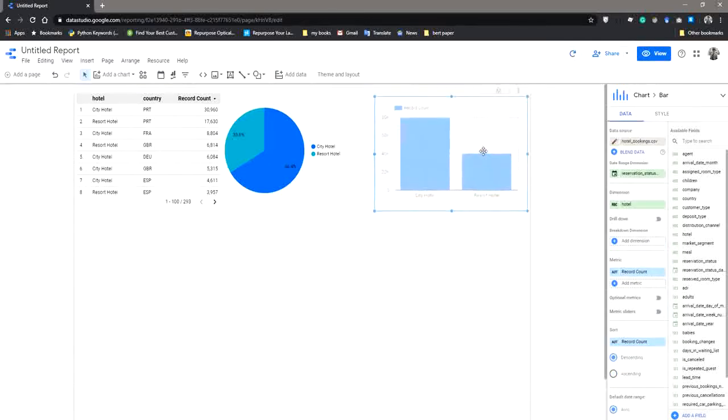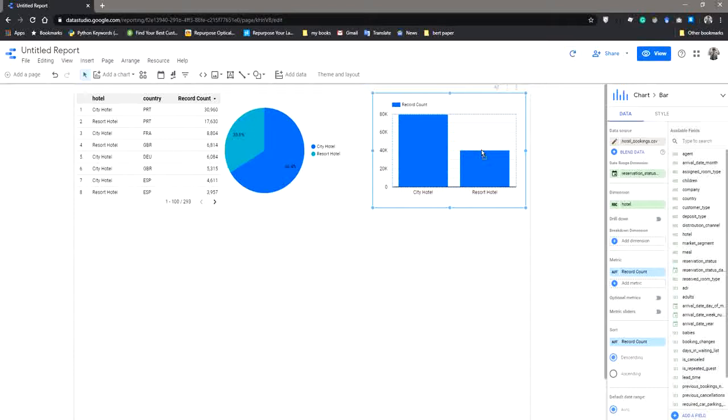Suppose we are going to visualize the distribution of city hotel with the agent count, whether the city hotel has a more agent count or according to the country. Here I am using the dimension as hotel. I will be using metric as country because I want to count it according to the country.